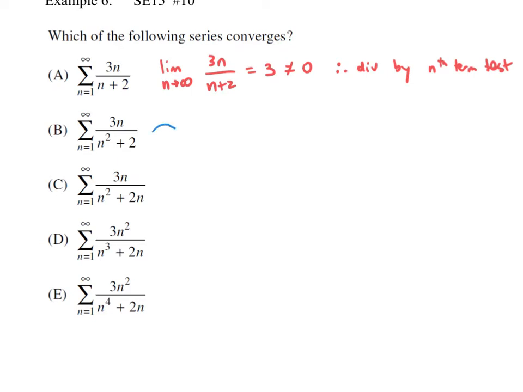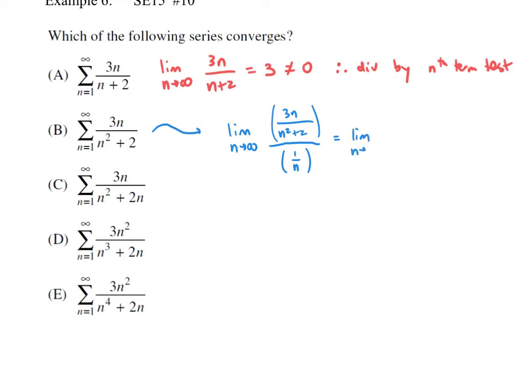Now, again, the challenge here is what do you use? Just like the challenge with the comparison test, what do you use as your known series? So we have 3n divided by n squared plus 2. That's our numerator. And we're trying to divide it by something that we know. Now, remember what I said. You want to somehow set up a fraction where your degree in the numerator is the same as in the denominator, so you can actually take a limit and get a finite number. And if you think through your options, you want to try to make this a second degree polynomial divided by a second degree polynomial. And the easiest way to do that is to compare it to 1 over n, because